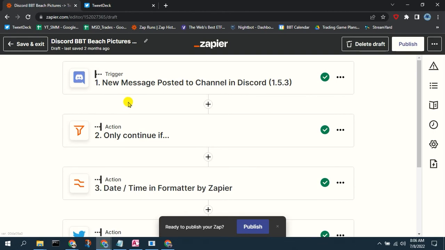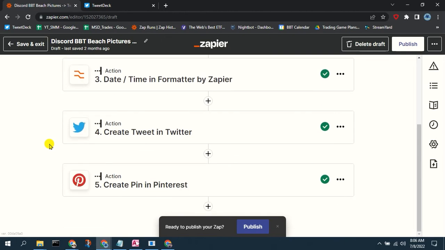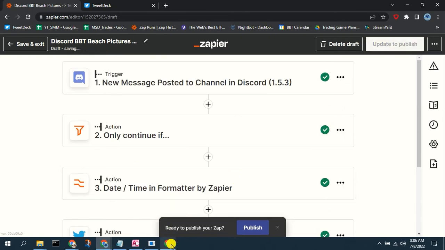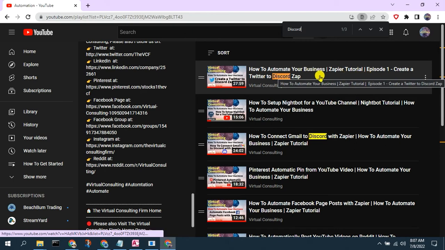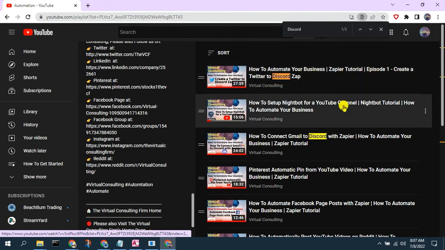Okay, here's another example of how a Zapier filter can be used to filter out the posting of a message in a channel in Discord and only select those that we want to then send out to further social media channels, in this case to Twitter and Pinterest. You can see a video of how to create this Zap in our video previously published, Automate Your Business Zapier Tutorial Episode 1, Create Twitter to Discord Zap,